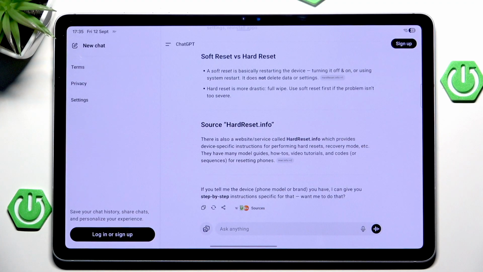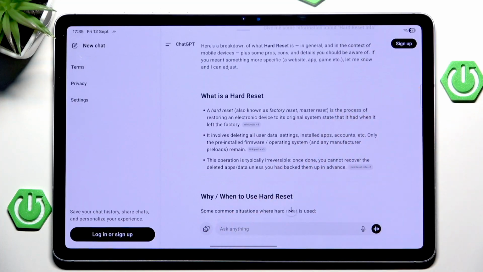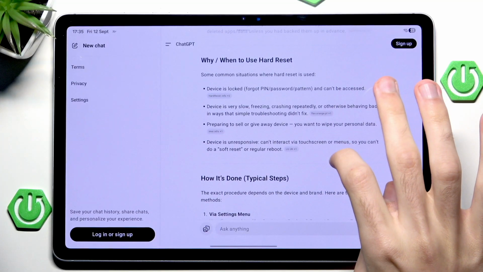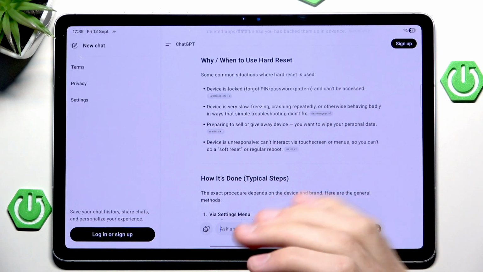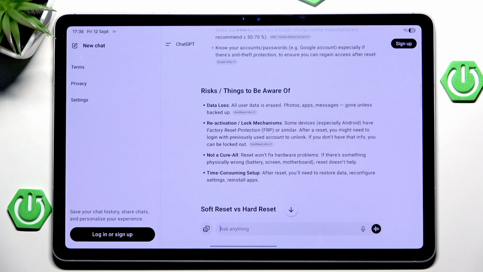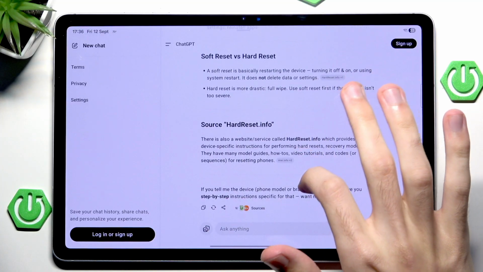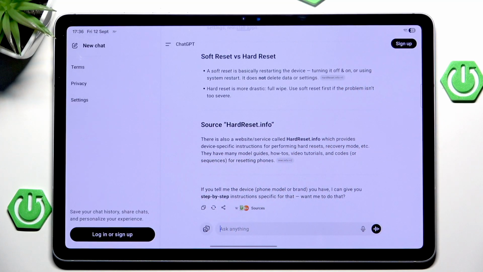But finally, at the very bottom, because here it's only describing the hard reset as a way for you to perform a factory reset by just wiping all the user data. You have, for example, information on why and when you want to use it, how you can do it, the risks associated with it, with the most important one being data loss, and the difference between a soft reset and a hard reset, and only then